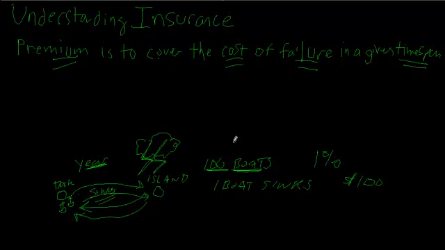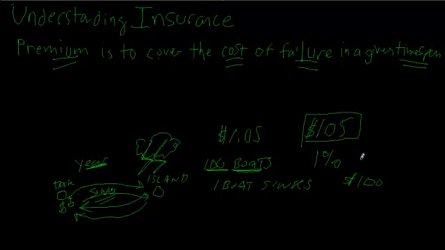And so they say to each of the boat owners, you can pay us a little bit of money and we're going to cover you against the cost of the boat sinking, if in the rare event your boat were to sink. So they charge what is known as a premium. In our example, we'll say the premium is $1.05. Each boat owner has to pay $1.05, and the insurance company gets all 100 boats signed up, so they collect $105 in a given year.